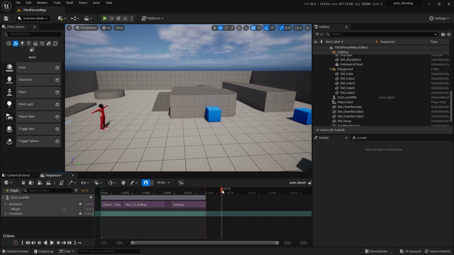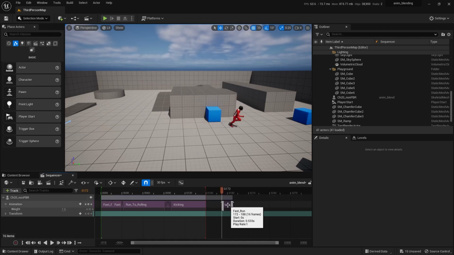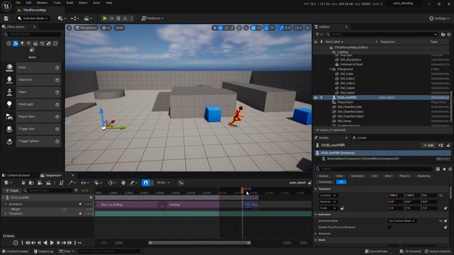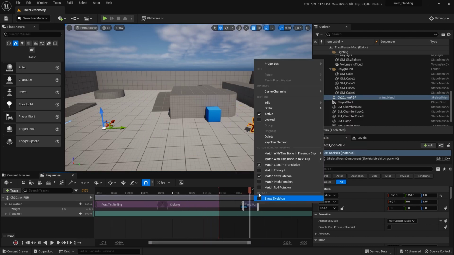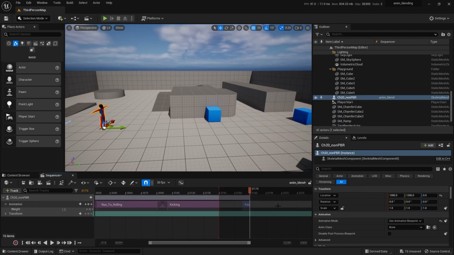And we also went over how to take an animation clip and trim it. If you recall, right click, go to edit, and then you can trim to the left or trim to the right based on where your current playhead is, right? So if I come in here and put it right there, right click, edit, trim to the right, cuts off everything to the right. So that's really handy when you're trying to take motion that you've gotten from a library and you just want to use a part of it. So you can just trim it and use what you need.